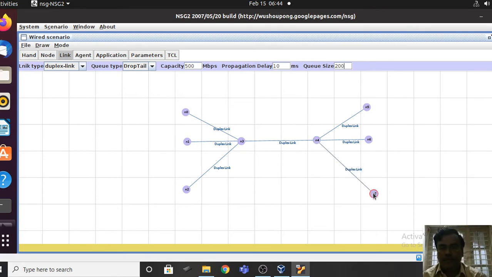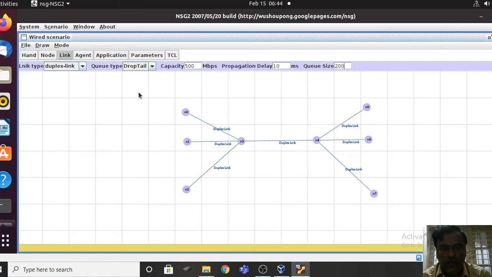I have made changes only with respect to the values of capacity and queue size for the common channel and other channels. For the common channel, I have used capacity 100 and queue size 50, whereas for other channels, I'm using capacity 500 and queue size 200. So this is the only change I have made.